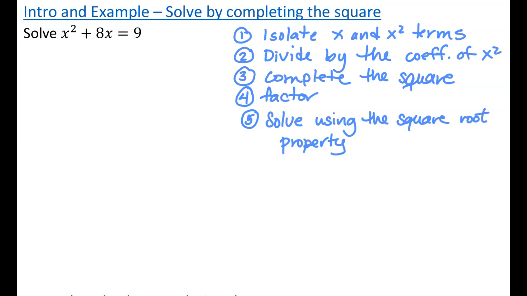Hi everyone! We are now ready to tie together the two ideas that we've been working on. So we worked on solving by using square roots, and we worked on completing the square. And what we want to do now is use completing the square to set equations up for the square root property. So we know that square root property only works when you have a single x showing up in your